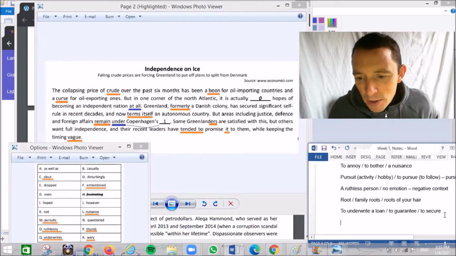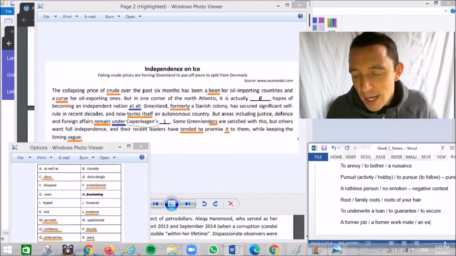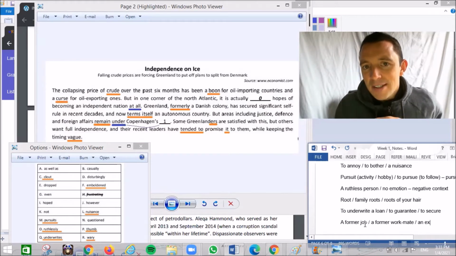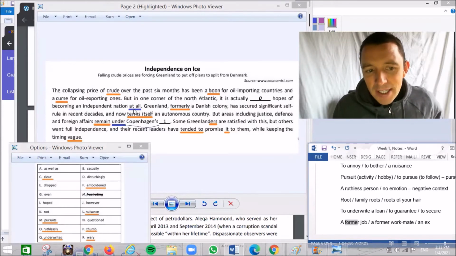Formerly is very important. You can have a former job, a former workmate. It's very similar to an ex, okay? So an ex-workmate, an ex-job is the previous job, the previous workmate. So former is a very, very important word in English. And here formerly is the adverb. A colony. So Greenland in the past, an ex-colony of Denmark, okay, has secured significant self-rule in recent decades, and now terms